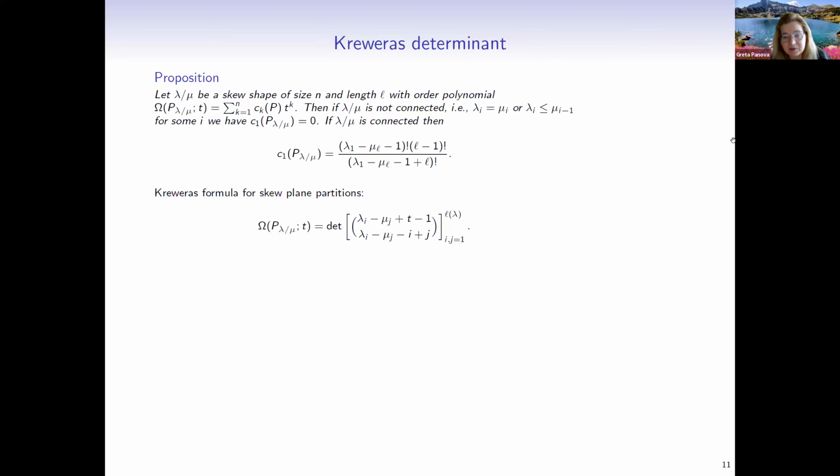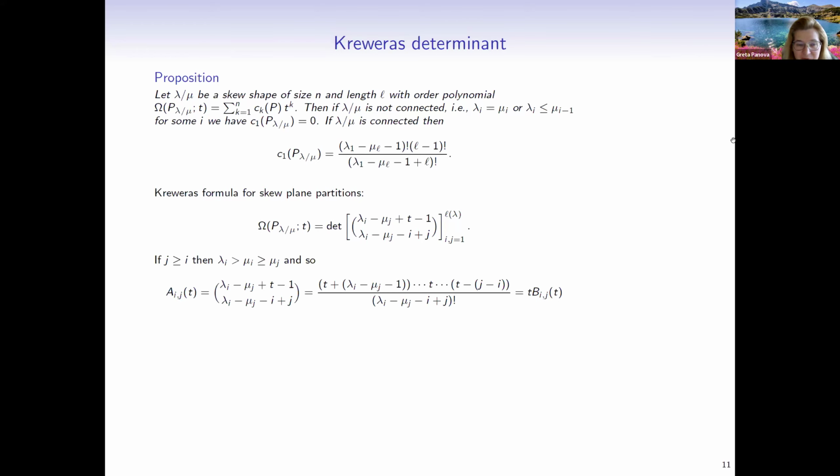So determinants are quite complicated. If you compute them, you have a lot of subtraction involved, so it's very hard to keep track of positivity from here. But we can extract the linear term. So we make a few observations. The matrix entries are these binomial coefficients, lambda_i minus mu_j plus t